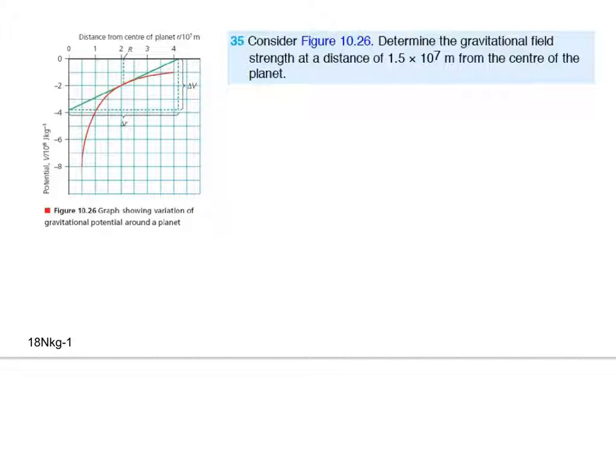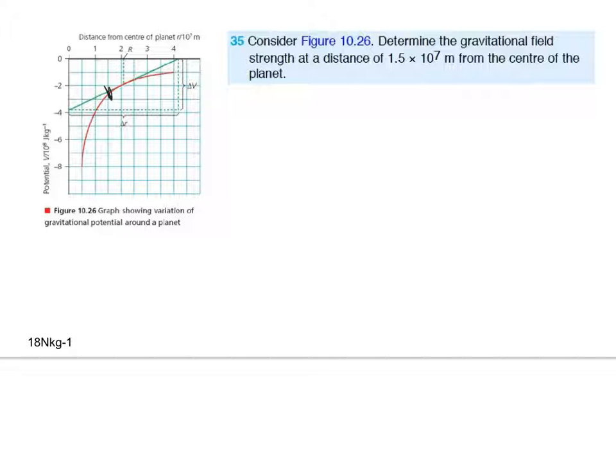So in this question, consider figure 10.26 and determine the gravitational field strength at a distance 1.5 times 10 to the 7. So if we have a look at that point, 10 to the 7 is up here. Okay, so 1.5 would be there, at that point there. So you have to work out a gradient here,